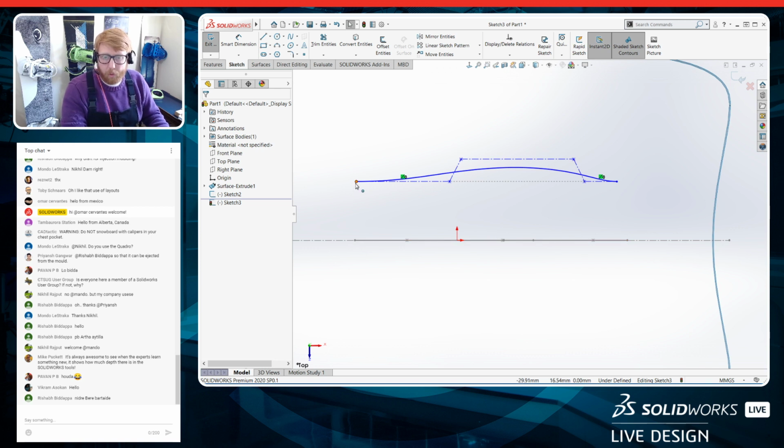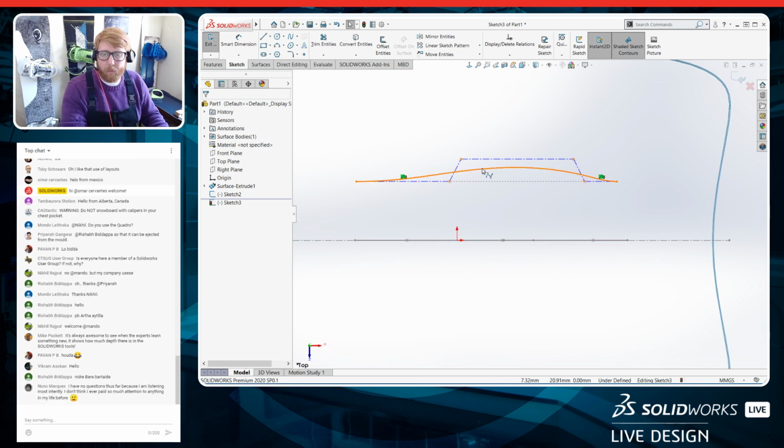And then I want to make sure that this curve, which is what it's going to look like from the top, matches up perfectly with the other curve in this direction, right? So basically, I just need a vertical relation between that point and that point, but I can't click on that point, right? And that's because SOLIDWORKS doesn't allow you to select a point that's on a plane perpendicular or normal